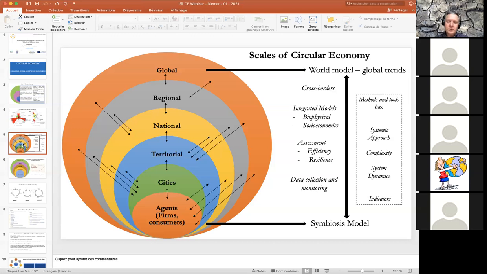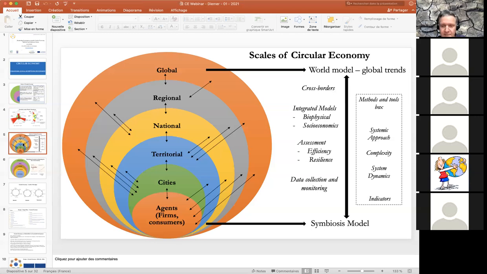So if I introduce everything, all these issues, it's just to let you know that we need to build a toolbox or a method box. It's first about thinking about a systemic approach, how you build a system. And whatever you know or whatever you do, when you start to think about circularity, you need to have a systemic approach. You cannot have a linear one. You have to collect and try to fix the links in your system. You must accept a kind of complexity. It's very hard to work with a simplified model here. And sometimes too much detail complicates the system thinking.